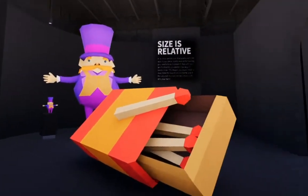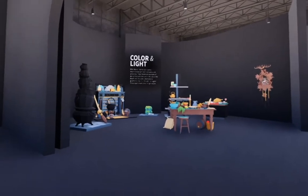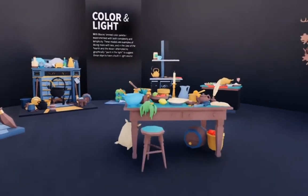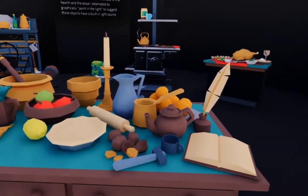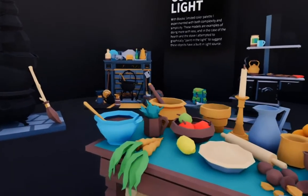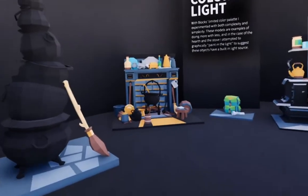And then in this room over here, I started also playing with color and light. Because of the limited color palette, how do you create variety and how do you create a sense of place and activity, but with only so many colors? And then eventually I wanted to see whether or not it was possible to create a sense of light even